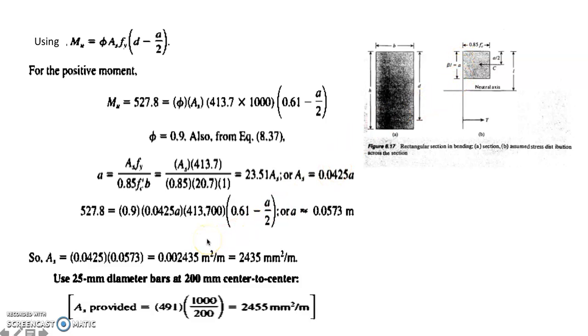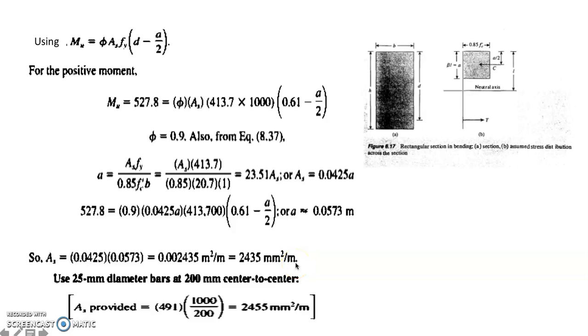For this one, we're going to identify the value for the area of the steel, which is simply done by substituting the values that were obtained a while ago into this equation. So we have here an equivalent value of 24335 mm squared per meter. This is now the area of the steel, mm squared per meter.